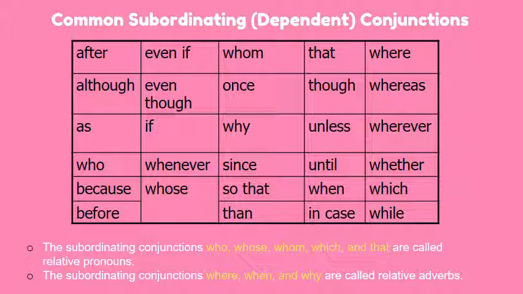Whose, for possession. Whom, for people. Once, we mean time. Why, for reason. Since, also for reason. So that, there is a result here. Than, that, though, unless, until, when, in case, where, whereas, wherever, whether, which, and